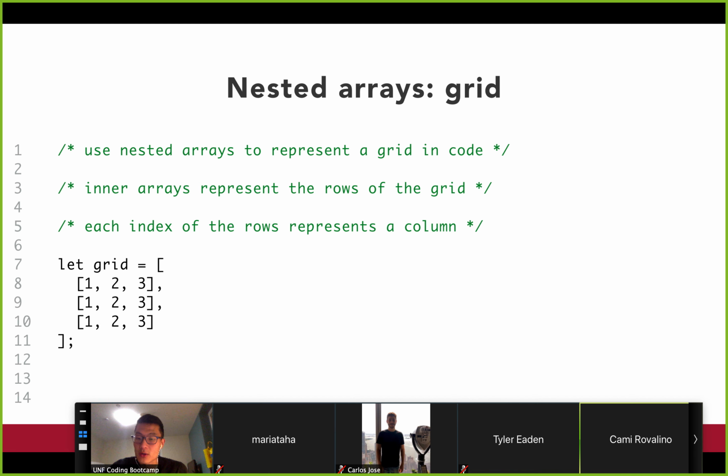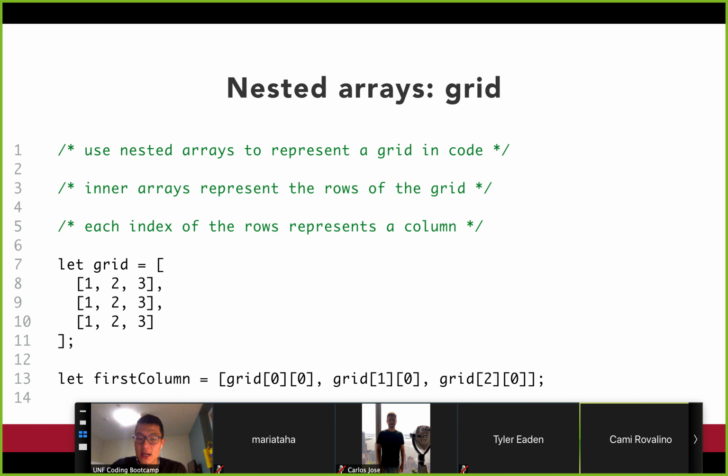Now, if you print out the grid variable in JavaScript, it's not going to print out in this exact layout, and that's fine. That's to be expected. But the way that we think about the data in there can be very similar to a grid format. And so all we're saying here is, if I want to get, for example, the first column of this grid,